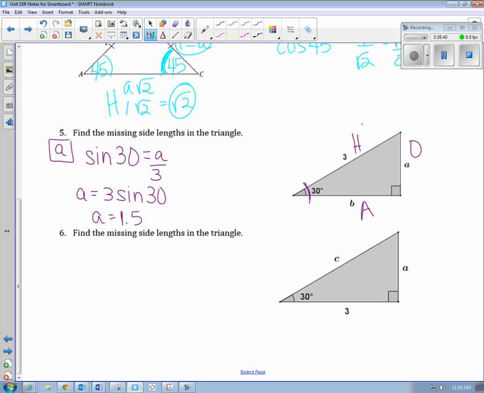If I'm looking for side B, now I'm looking at the adjacent side, which I'm going to compare to the hypotenuse, therefore cosine. So cosine of 30 equals B over 3. And B is equal to 3 cosine 30 when I cross multiply, which means that B is equal to, when I type that in, big decimal here,